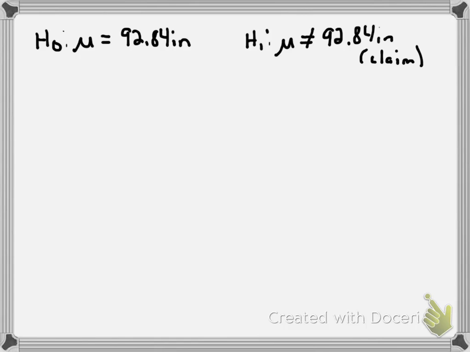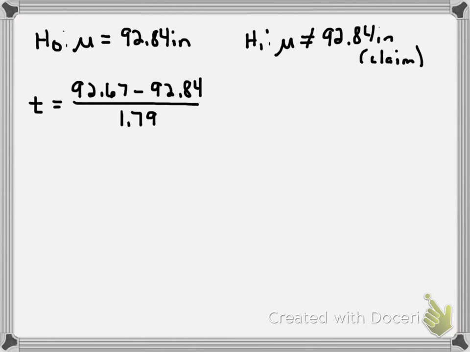Now let's find the test statistic. We do not know the population standard deviation, so we need to find t. And t is equal to the sample mean, which they told us was 92.67, minus the mean that we're testing, 92.84, over the sample standard deviation, which is 1.79, divided by the square root of the sample size, which is 40. So work that out and round to 3 decimal places, and you should have negative